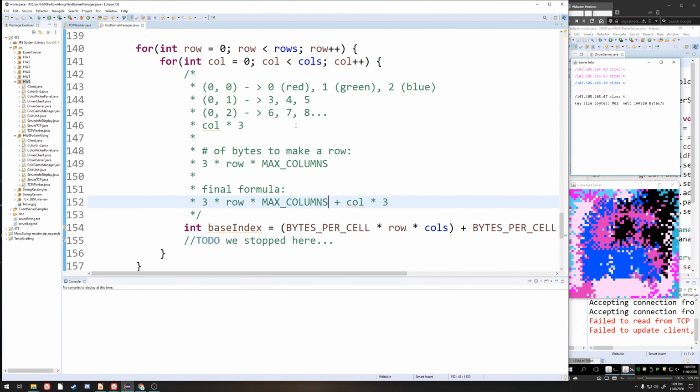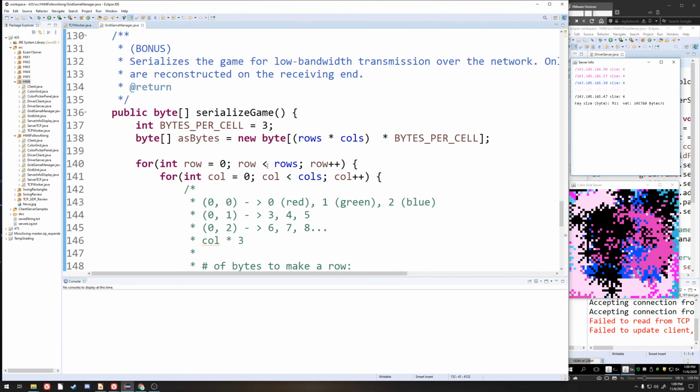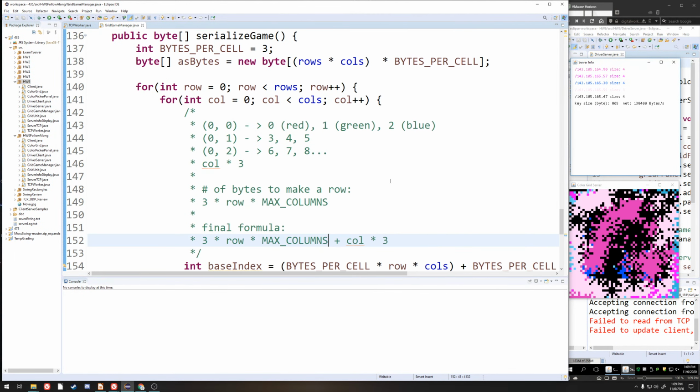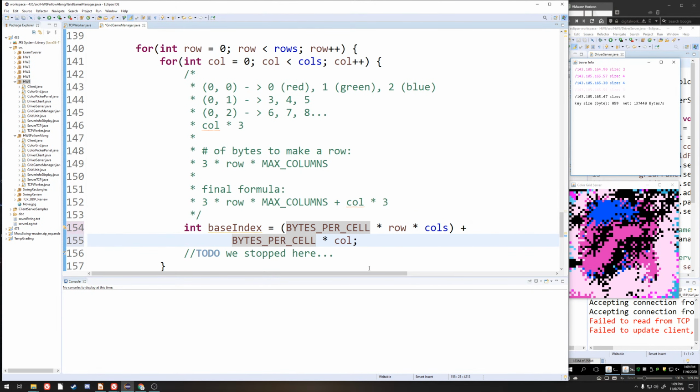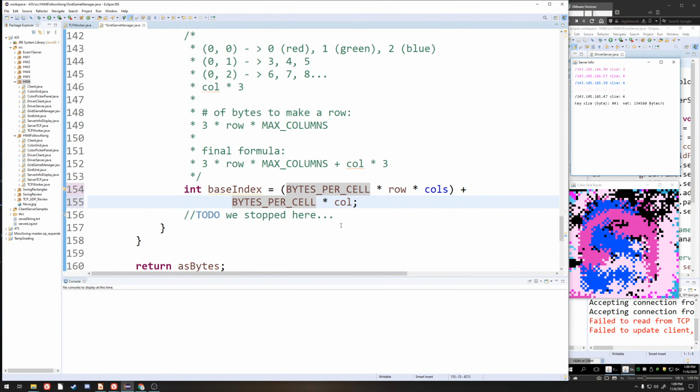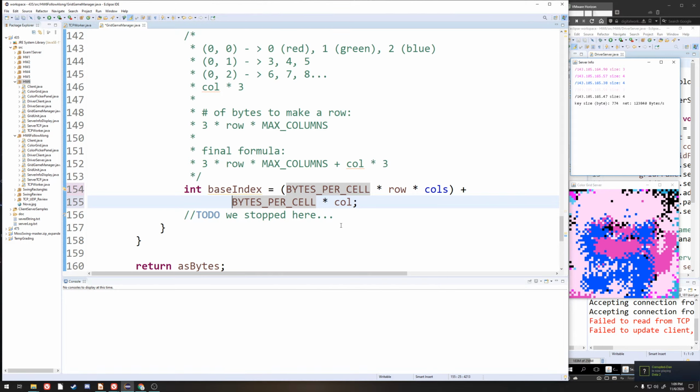Now, we did stop before we built this 7500 byte array, so we do need to finish this. We had this as a bytes array with 7500 spots in it. To hold all of them, we got the base index, which was the number of rows that have elapsed times how big a row is, plus the number of bytes in every individual cell times how many columns we've gotten to so far. That brings us to the location of the